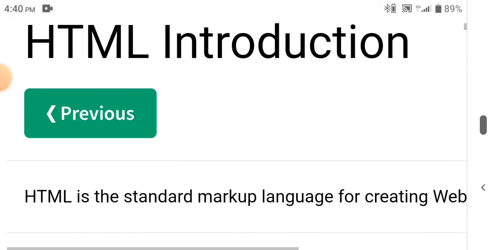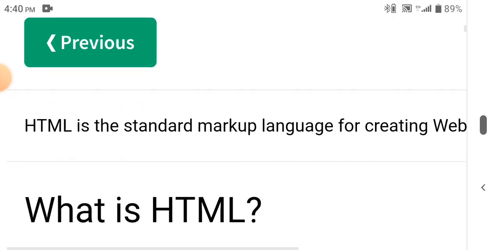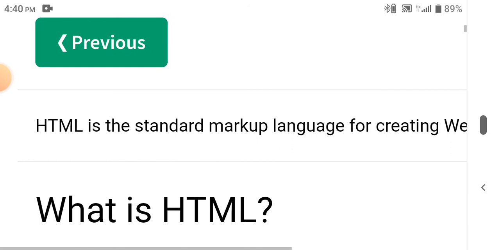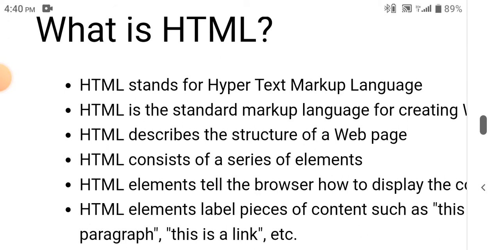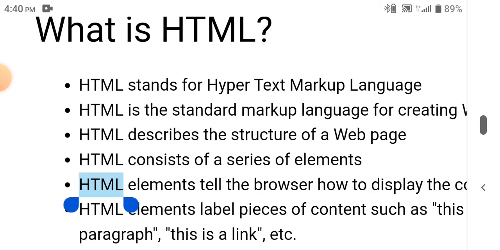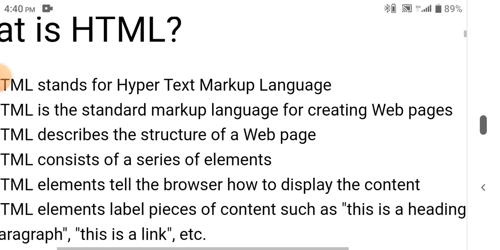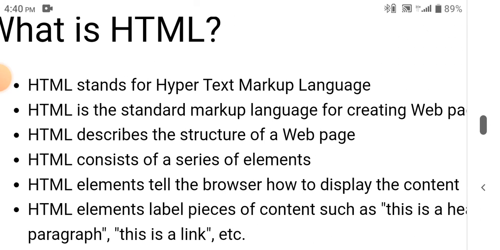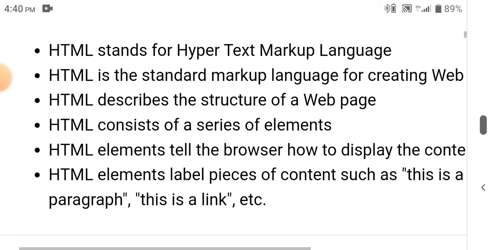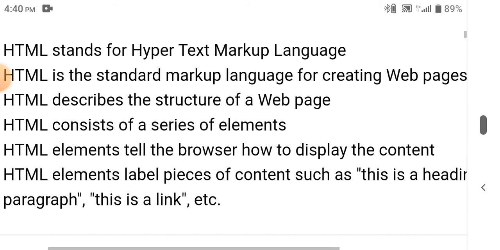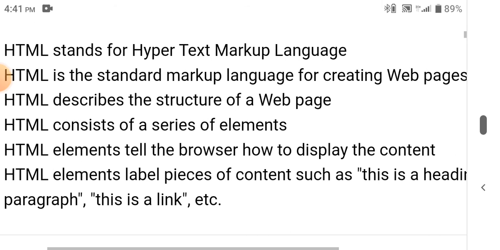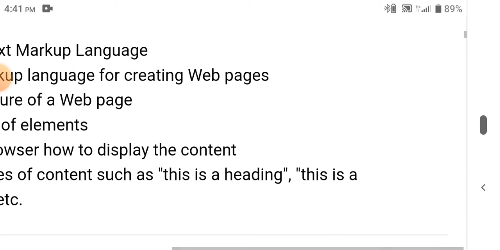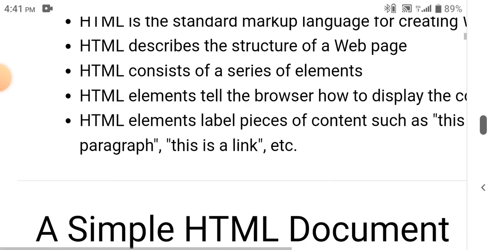That's why. HTML introduction. HTML is the standard markup language for creating web pages. What is HTML? HTML stands for Hypertext Markup Language. HTML is the standard markup language for creating web pages. HTML describes the structure of a web page. HTML consists of a series of elements. HTML elements tell the browser how to display the content. HTML elements label pieces of content such as this is a heading, this is a paragraph, this is a link,